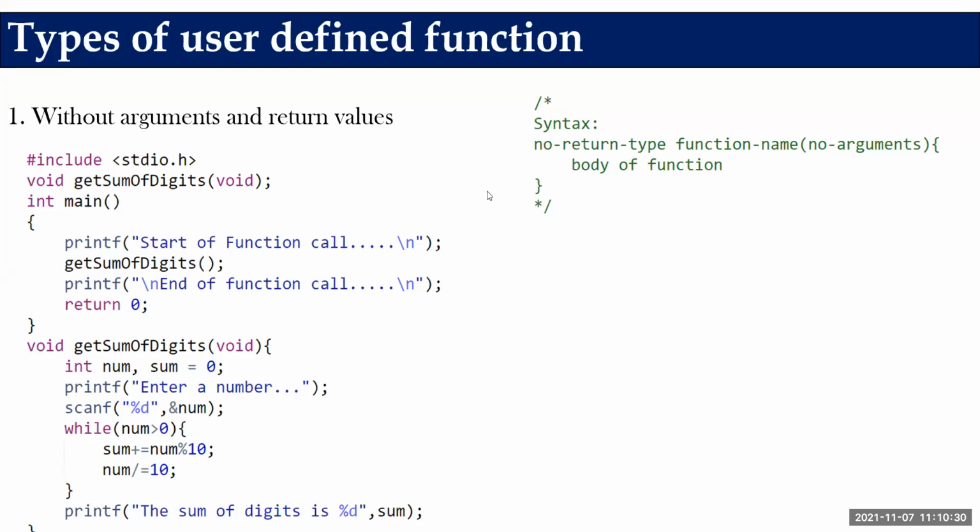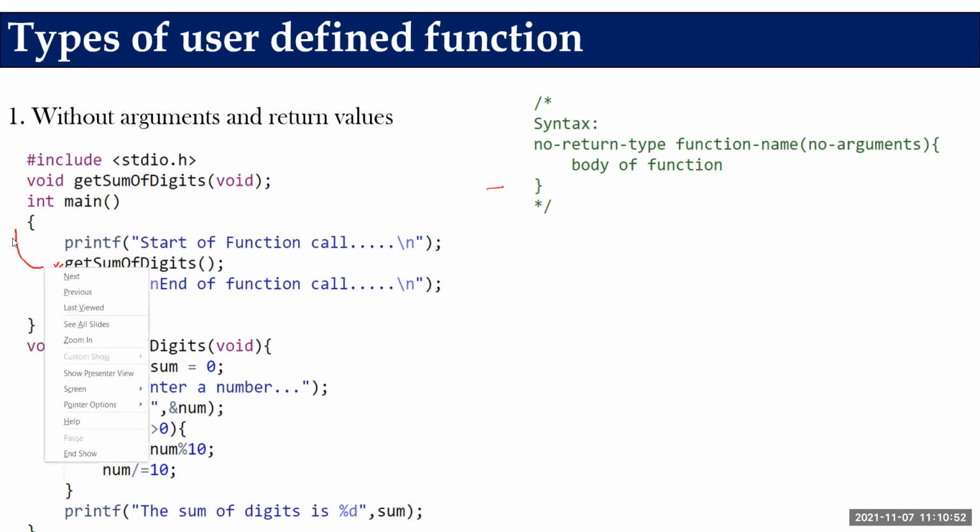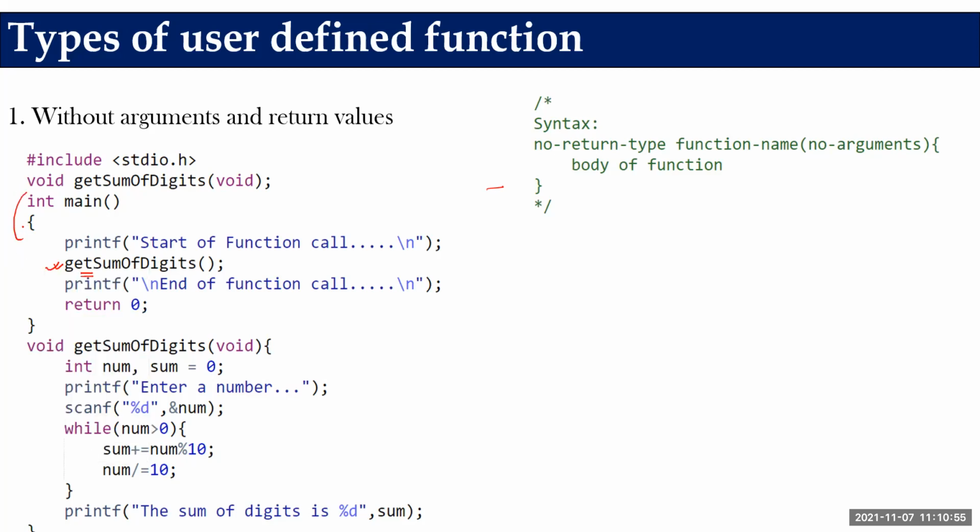Okay, now let's see what this function will do. It's a simple function I have taken. The function will be called from the main method. The compiler will first check whether any function is declared in this particular file, so it looks in the space above the main method. Yes, it finds that there is a function getSumOfDigit which doesn't take any argument, nor return anything. So when you call the function, the parenthesis should be empty.